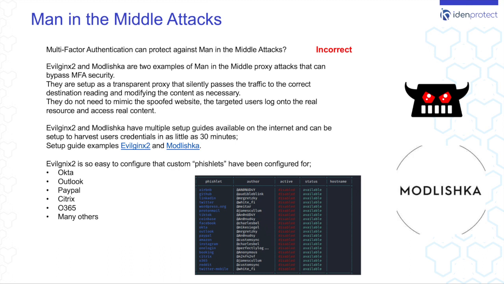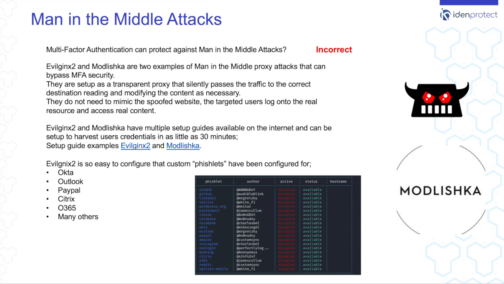So instead of the traditional phishing tactics where someone creates a fake domain and sends the user to a web page that they've tried to create to mock up the real page, these work in a much cleverer, much more sophisticated way. The one thing that struck me when I first started looking at these is how easy they were to set up. In fact, you can get either of them set up in around 60 minutes, certainly under an hour. Focusing on this presentation, I'm looking more at Evilginx2, and the reason for that is it's even easier